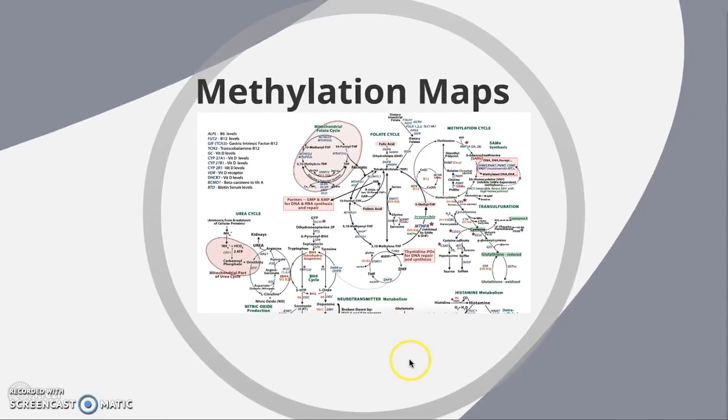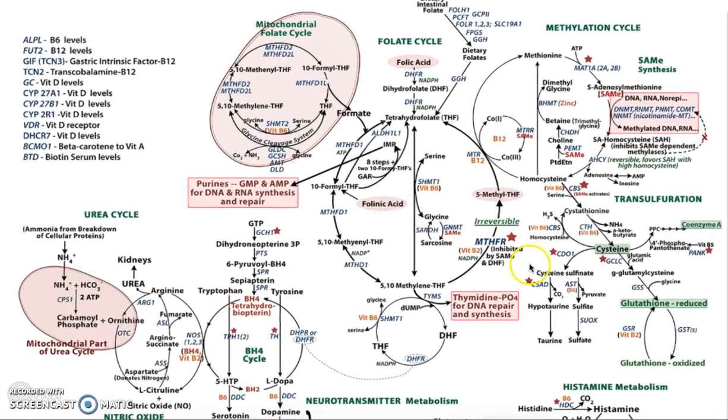The last thing I wanted to show you was a methylation map. Don't feel overwhelmed by seeing this. It's kind of a lot. Let me zoom in here. So we're talking right here. Here's the MTHFR enzyme. Anything with a red star is going to be an irreversible reaction, as I've already said. The conversion of 5,10 methylene tetrahydrofolate to 5-methyl tetrahydrofolate is an irreversible reaction,